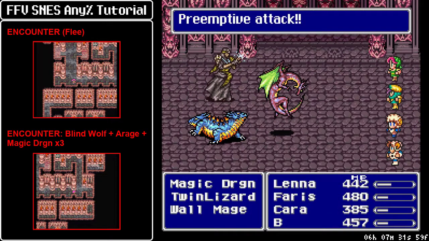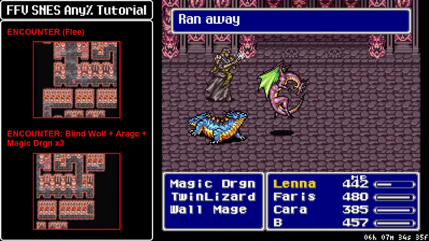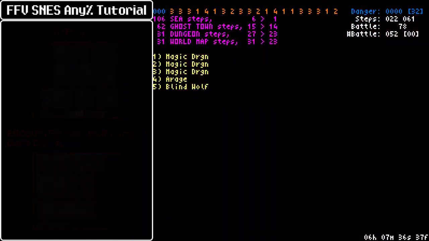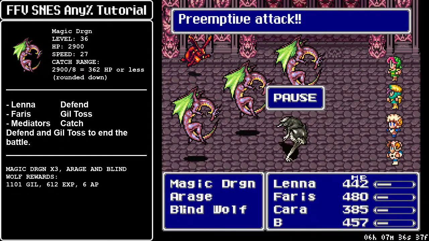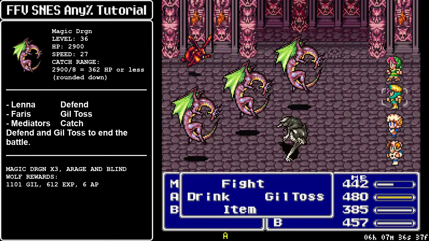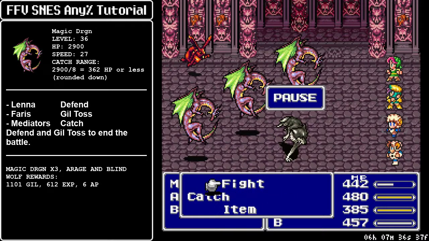So first off, we're going to get a rando here. We just want to flee from this because killing this wouldn't be beneficial for the speedrun. But here's the encounter we're looking for. 3 dragons, 1 rabbit, 1 wolf. First, we're going to defend with Lena, and then Giltos with Faris. She should have the memory cursor,